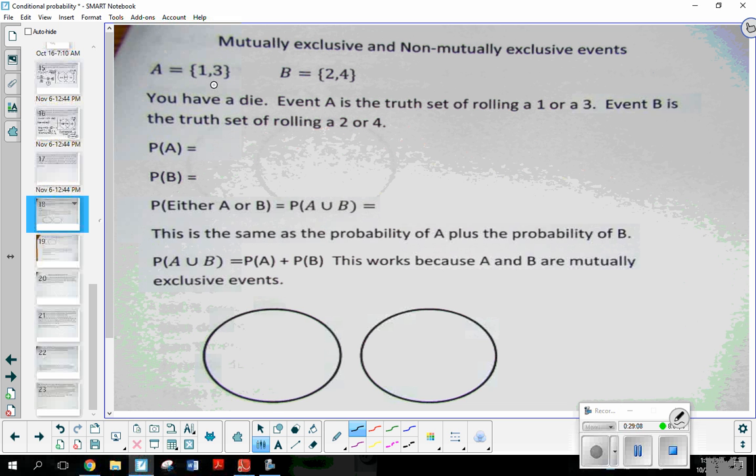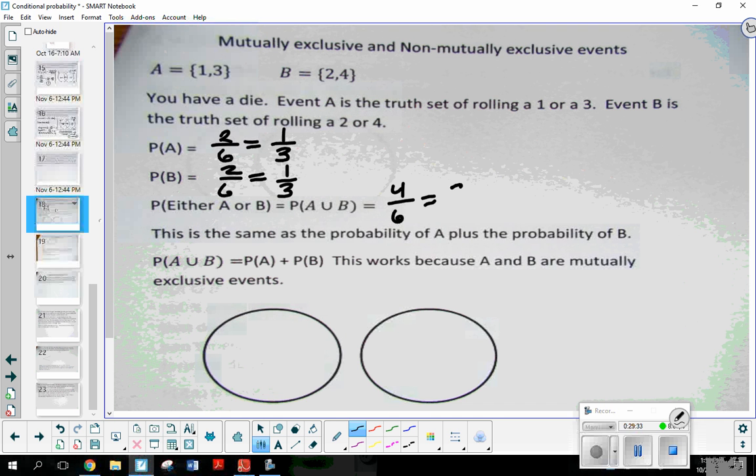We have 2 options out of how many? 6. So 2 favorable out of the 6 total, so the probability is 1/3. Okay. Same thing for B. 2 different outcomes, 2 and 4, so 2 out of the 6, well, that's 1/3. So the probability of either A or B, the probability of the union, well, that would just be 4/6,